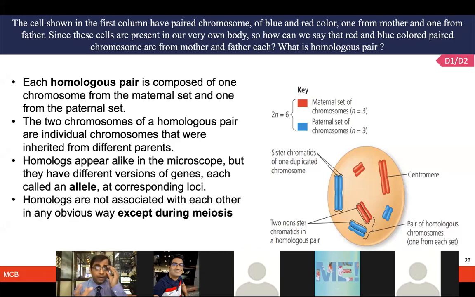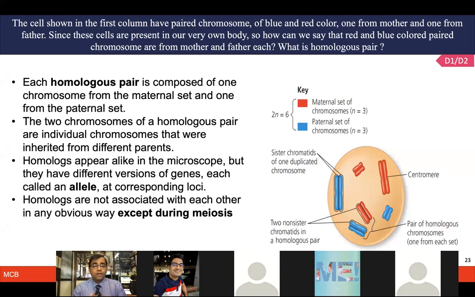And if you look at in the microscope, they are going to look very similar, but for the same gene, they have different alleles, which is again, some of these concepts will be easier when we have talked about more of the gene expression, gene regulation, but I will touch upon this in the genetics context as well. So for the same gene, there could be alternative alleles, which is going to give the corresponding locus on different chromosomes. And that's why these homologous chromosomes which are pairing is very important, although they will look same.